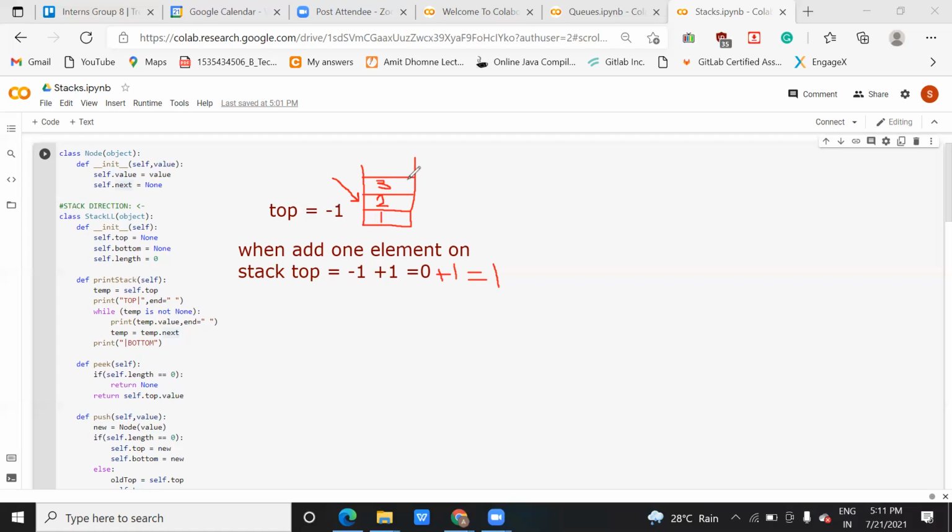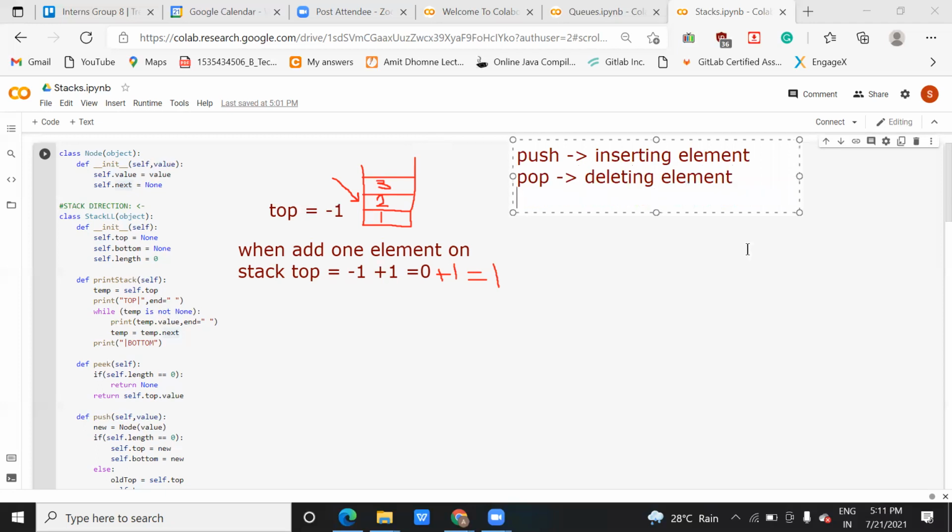We say peep, P-E-E-P. Push is for inserting an element, and pop is for deleting an element, and peep is for traversing.